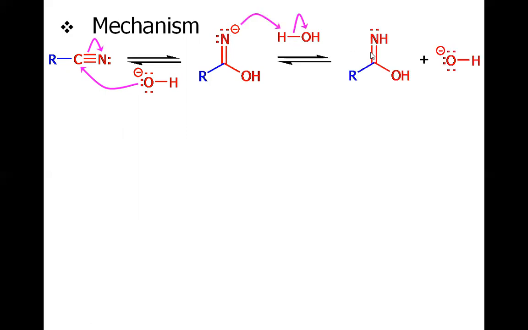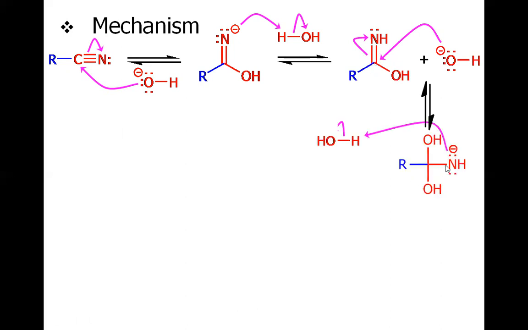In the mechanism, now there is no acid, so no protonation, but the nucleophilic attack of the hydroxide to this nitrile carbon, and as a result, this pi bond will be broken, and we will have this nitrogen anion here, and then it will protonate with the water to have this imine formed, which is again very reactive. So it will be immediately attacked by the hydroxide that has been just formed to have another intermediate.